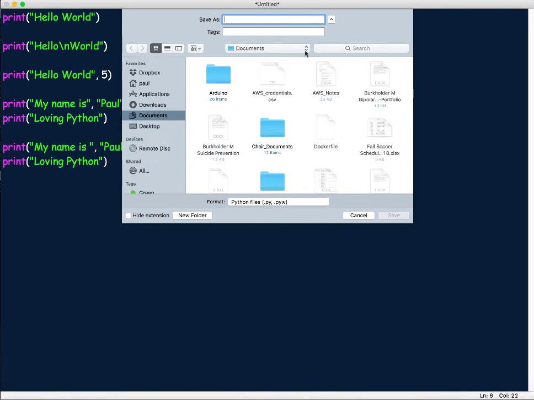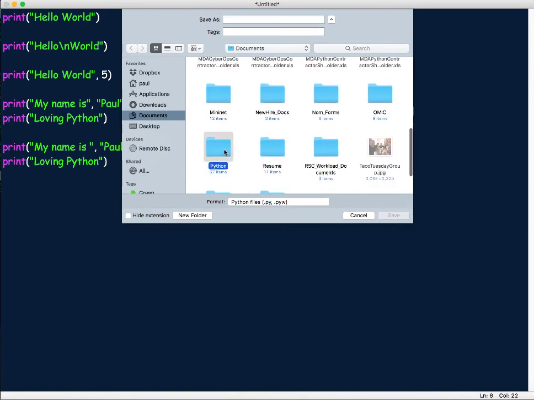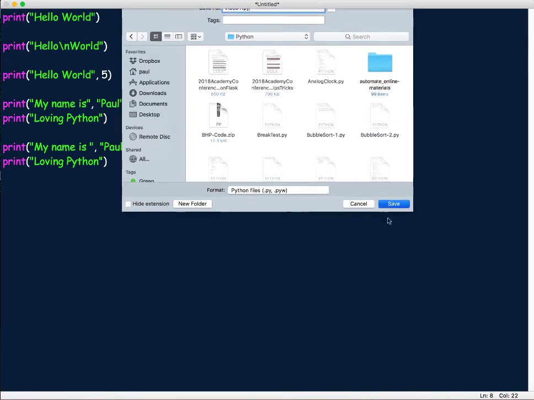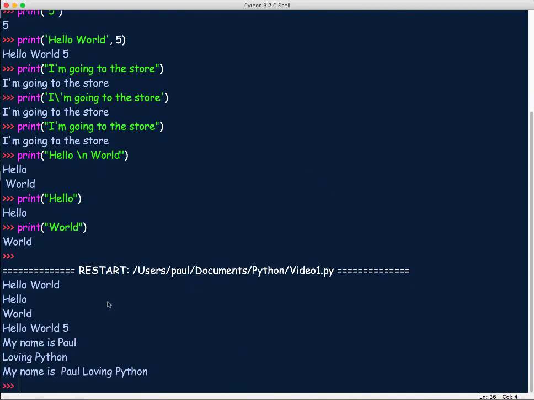And I'm going to save it. I'm going to create a new folder. Let's put this in my Python folder here. So I'm just going to call this one video 1, I guess, and .py. Okay, so video1.py, and I'm going to save it, and it's going to run it, and you can see here